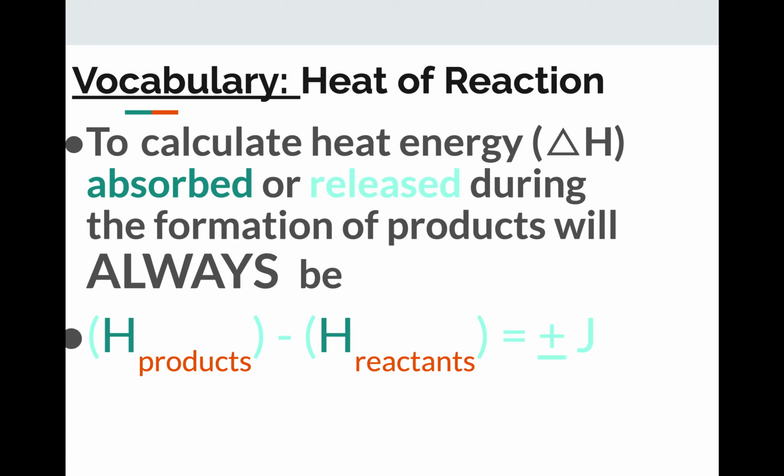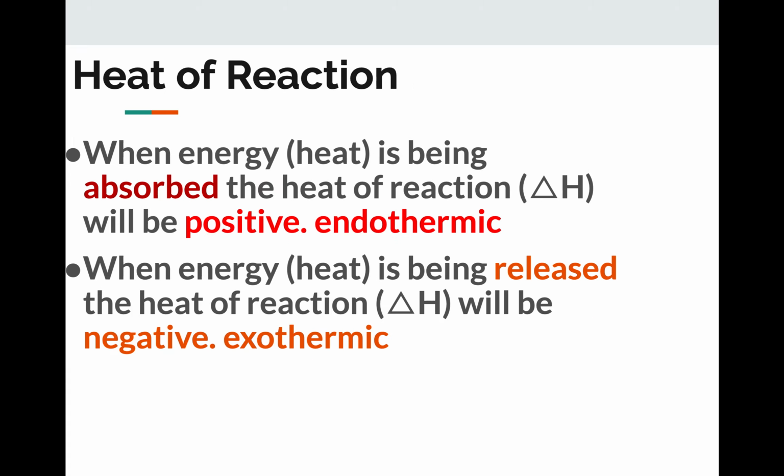To calculate the heat energy, which is known as the delta H, absorbed or released during the formation of products, will always be the heat of the products subtracted by the heat of the reactants, and your answer will be in joules, and it can either be negative or positive. When energy, heat, is being absorbed, the heat of reaction, delta H, will be positive, which is an endothermic reaction. When energy, heat, is being released, the heat of reaction, delta H, will be negative, which represents